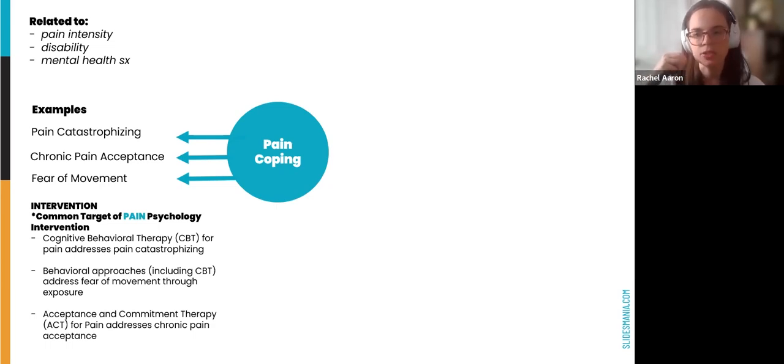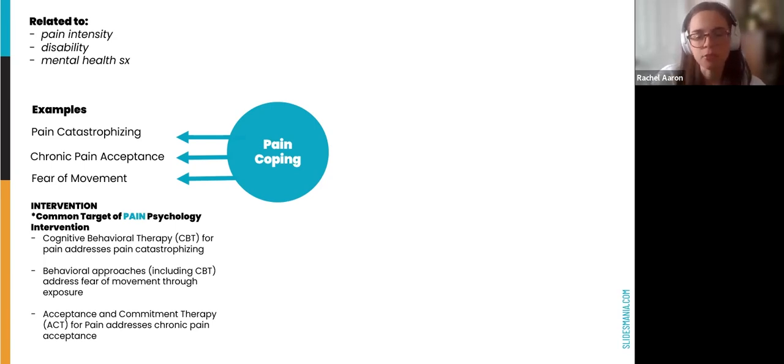So rather than "pain is ruining my life," it's "pain is getting in the way right now and it's not pleasant, but I'm working with my team to come up with a plan and I'm learning to get back to some things I care about." So things like that. CBT